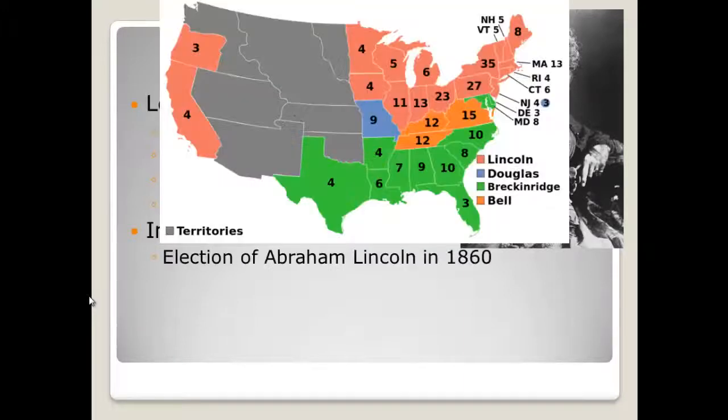All right, some immediate causes that you should know. First and foremost, it is the election of Abraham Lincoln in 1860. If you take a look at this presidential map from 1860, you'll see that in not a single southern state did Lincoln win any electoral votes. So the South feels if a person can become president without winning a single southern state, why should we be